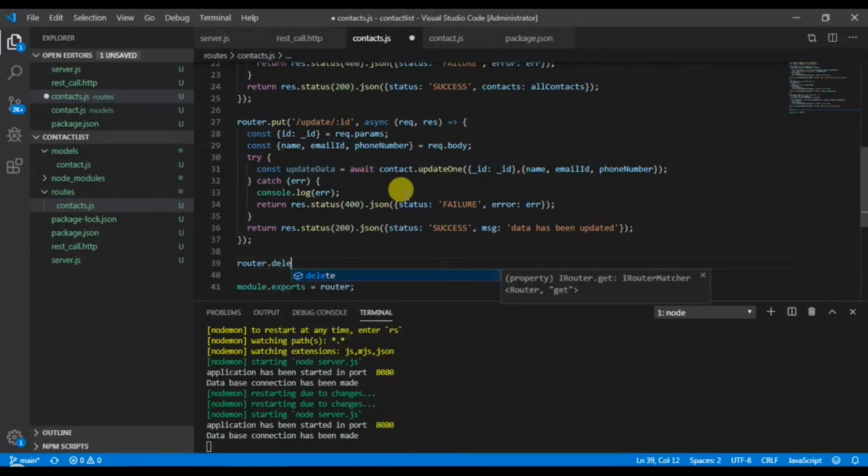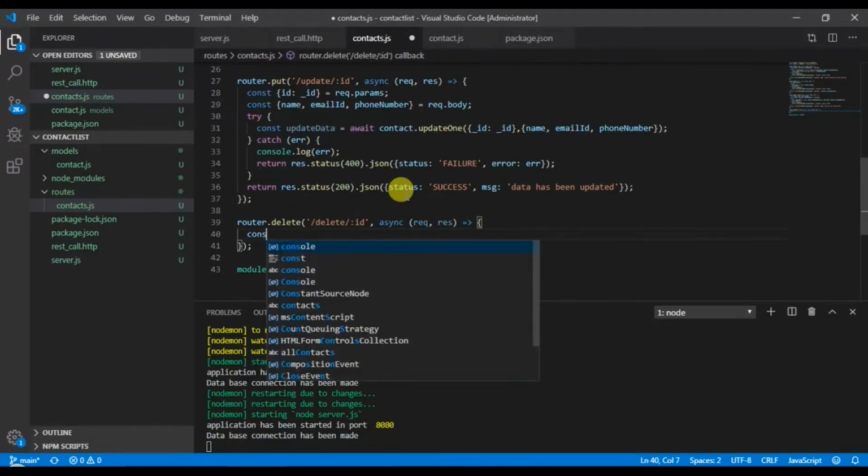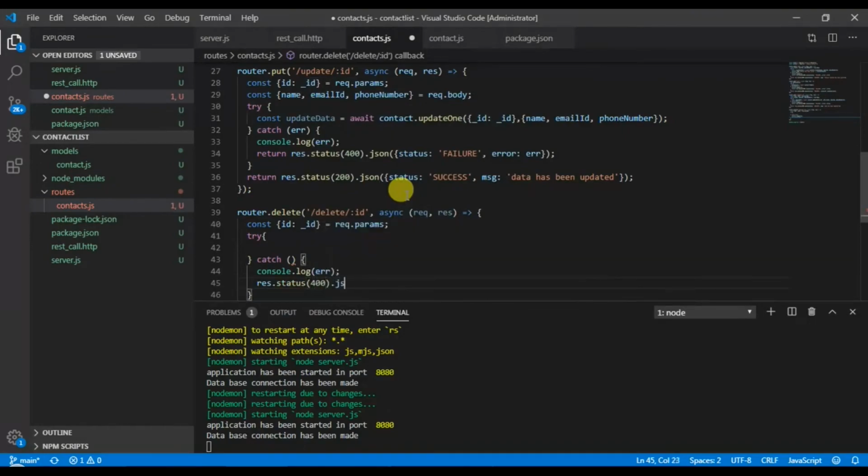Okay. We are going to delete some of the existing data in the database. So to delete the data, we should use the router.delete method, which accepts the path and the callback as arguments. Here also we are using the same path params. Then in the callback method, we will capture the errors using the catch block.